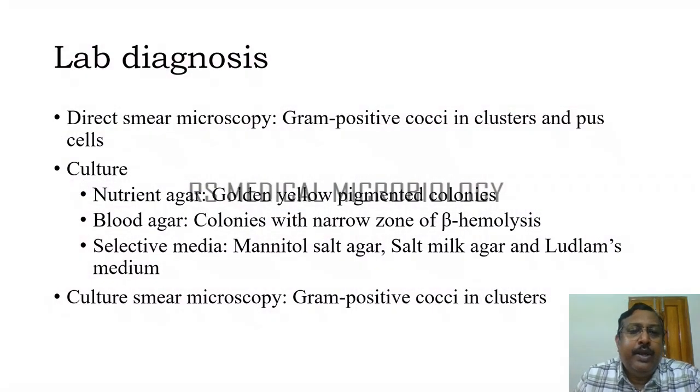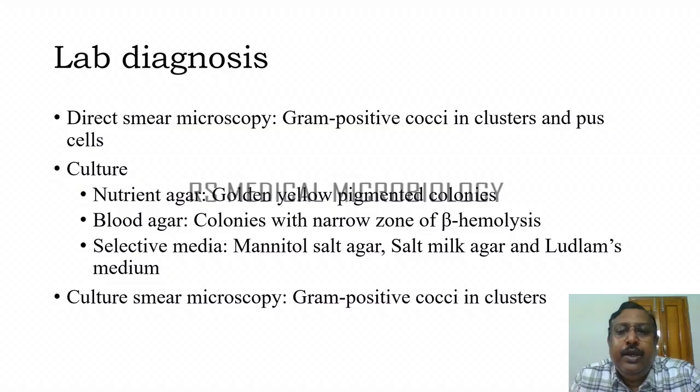Now we'll quickly look at the lab diagnosis. On Gram stain, you will see gram-positive cocci in clusters along with the pus cells. If we do a culture on basic nutrient agar, it will show golden yellow pigmented colonies. Blood agar will show beta hemolysis. The selective media you are going to use for this particular bacteria are mannitol salt agar, salt milk agar, and Ludlam's media. You can take a smear microscopy from the culture,